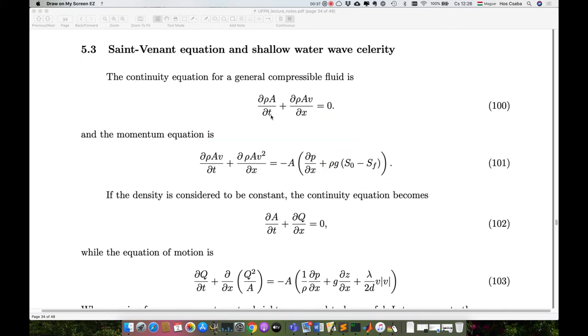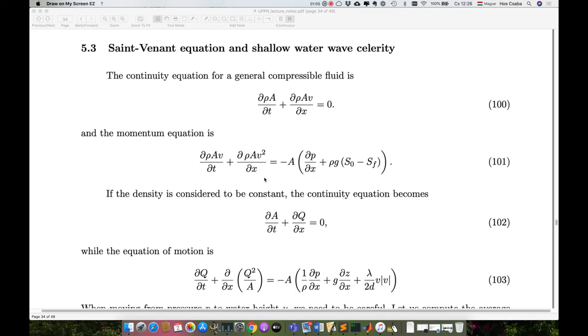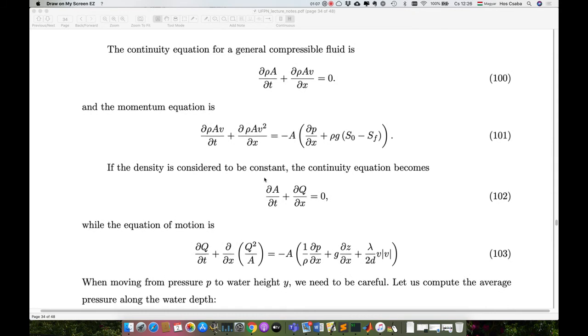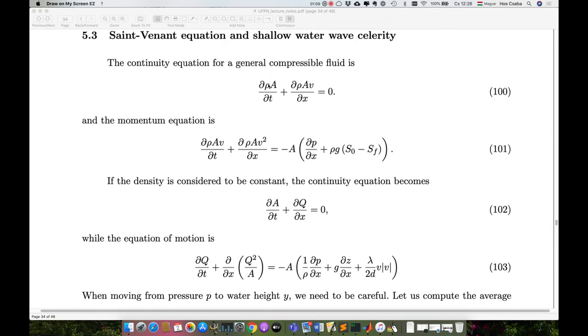Now, if the density is constant, and this is going to be interesting because so far we usually said that the pipe area is constant, so we factored it out and could simplify with it, and density was varying, or density was rewritten as a pressure for slightly compressible flows. Now we will say that the density is constant, but the area is changing because this is here the wetted area. So if you consider this case, you say that the density is constant,